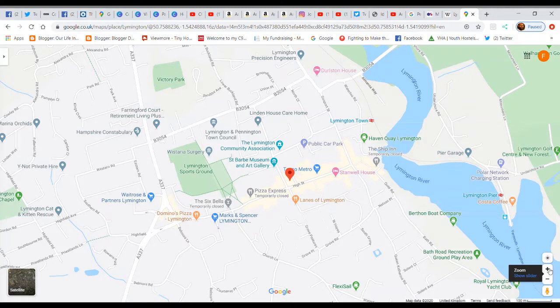Yeah, crazy. A few years after that, Wetherspoons tried to open. It was again refused because they didn't think that a Wetherspoons type pub was needed or required, and that again would lower the tone of the town and the high street. However, they appealed, and they ended up winning and opened up the Six Bells, which is here, at the top of the high street, and have been extremely successful,